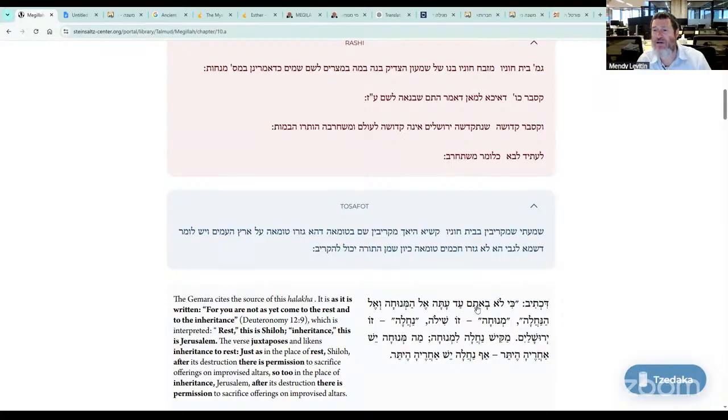There's a lot of other questions about this law. One question is that the house of Chonyo, what basically Rabbi Yitzchak is trying to say is that the house of Chunya would be comparable to Nov and Givon in the times after the destruction of Shiloh. Now, we learned last week that there's a difference between the great altar, which would be Nov and Givon, and a private altar. The problem is, according to some halachic authorities, you can't erect a replica temple, meaning a Bama Gedola, outside of Eretz Yisrael, because it has to be in Eretz Yisrael and there has to be a king. You can't just set up a big altar.